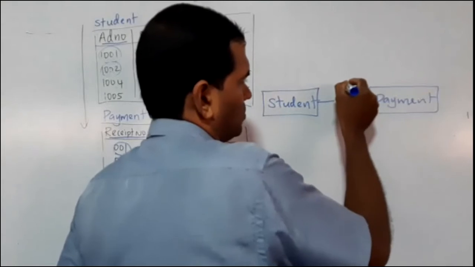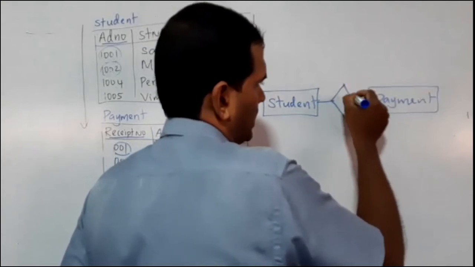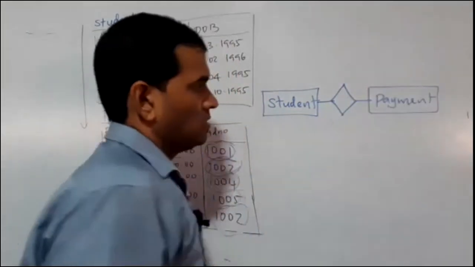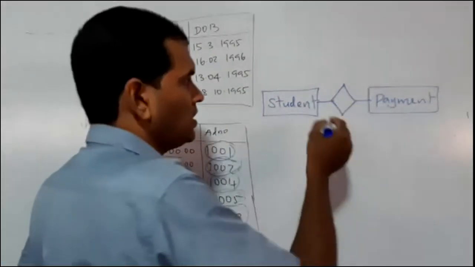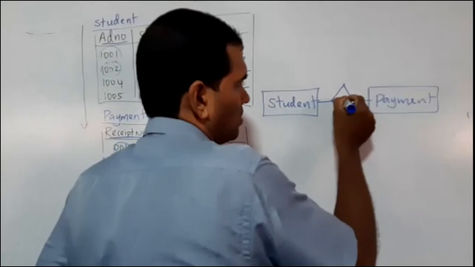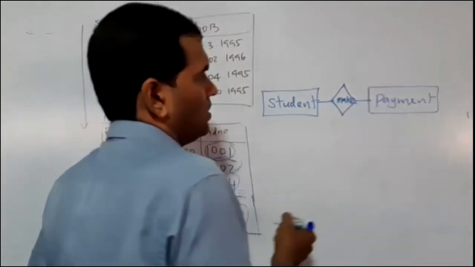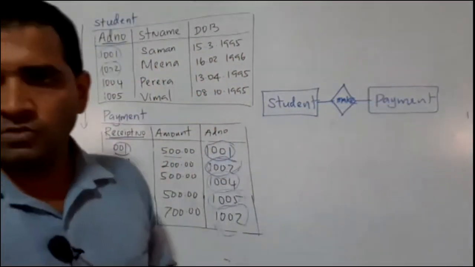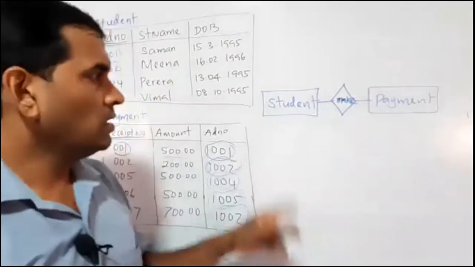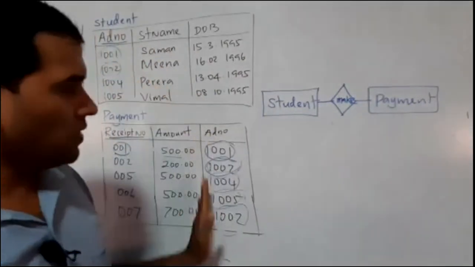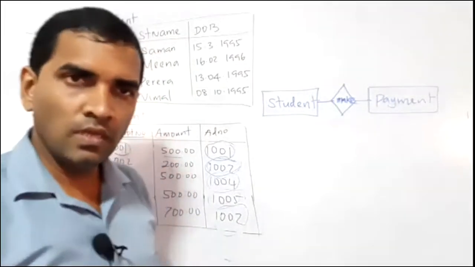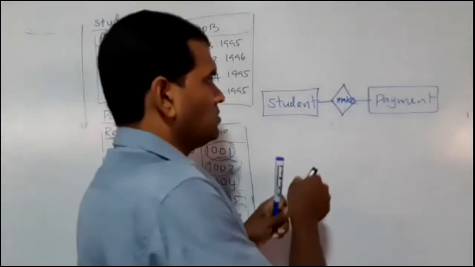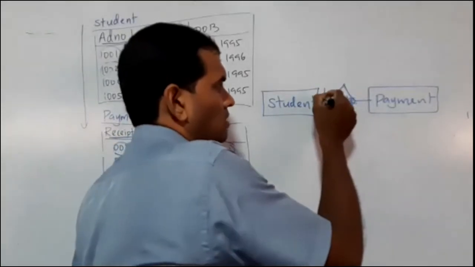So let me draw a small diamond. I just drew it as a symbol because I don't have enough space there. So it is make again, make. Right? Listen to me. This is something different. What's the relationship between these two? One-to-many. So as we discussed in the introduction part, if it is one-to-many, put the one-many here.